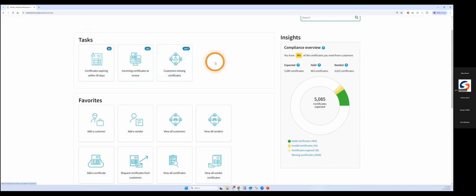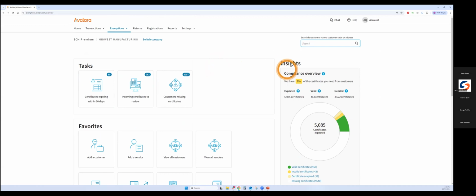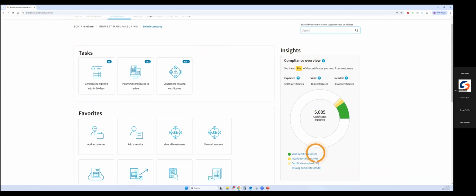So these tasks are all things that you can action on as a user within the tool. And of course, there's functionality and a feature set to help you complete these tasks, like the AI assisted validation I've told you about so many times, which I'll show in a second, like the AI automated email request that you can turn on, which I'll show. So you can complete the tasks as a user. Of course, if you need help, we have managed services available if you can't do the work, but just know if you need help there, that exists. So keep in mind, team, the insights section, the tasks section, this is pulling off of my customer database